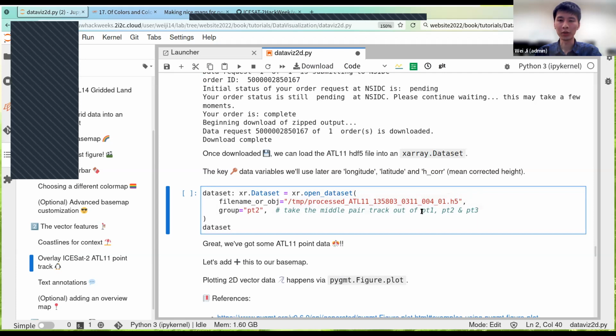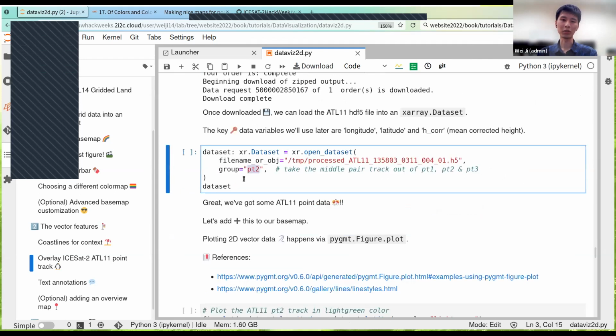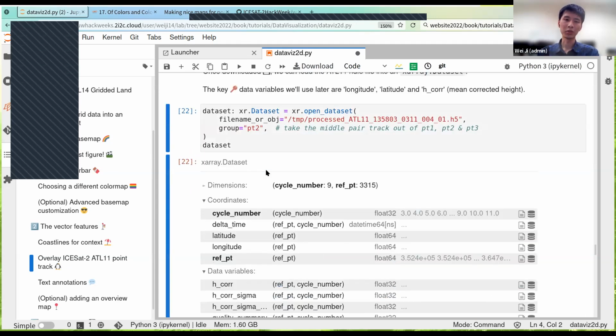ATL11 comes with three pair tracks. If you recall, ICESat-2 has six lasers, and ATL11 combines each pair into one pair track. So you essentially have three tracks instead of six. We'll just be grabbing the middle one for this example, so we use group equals PT2, and that should give us